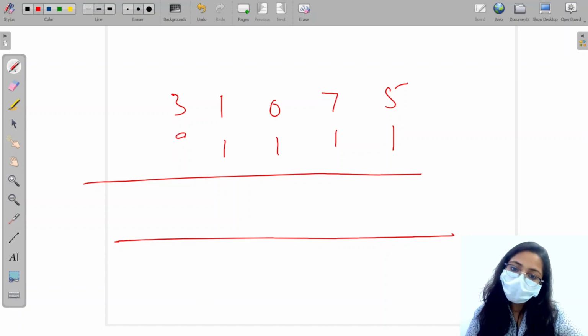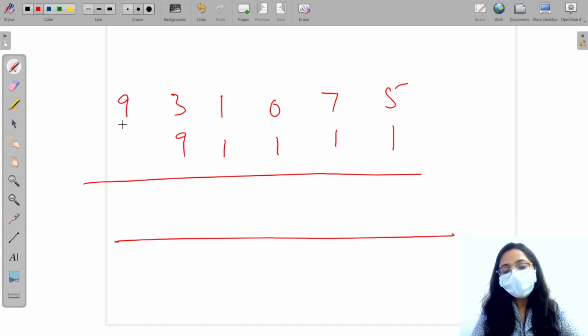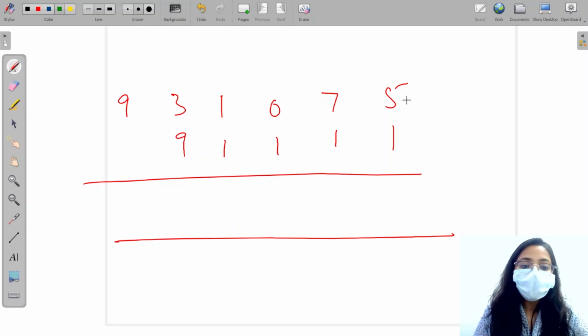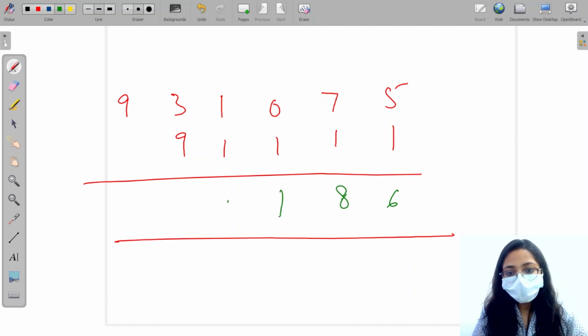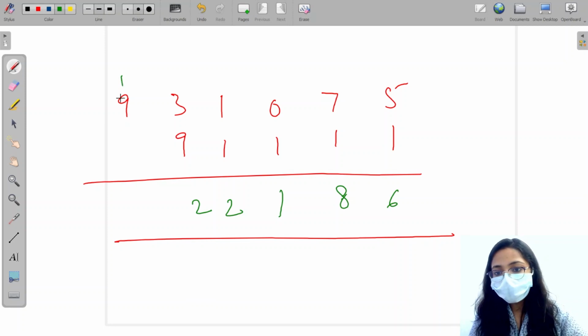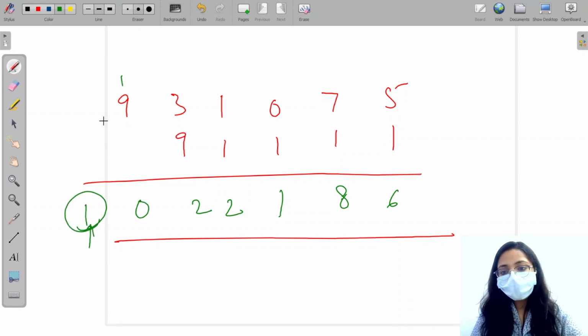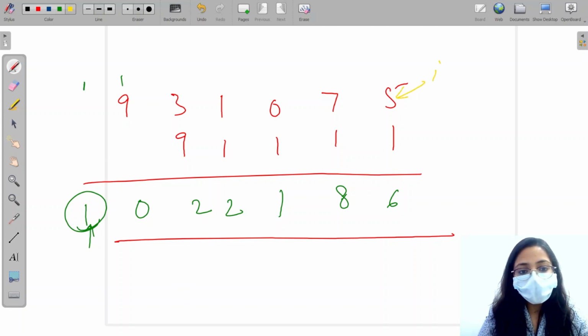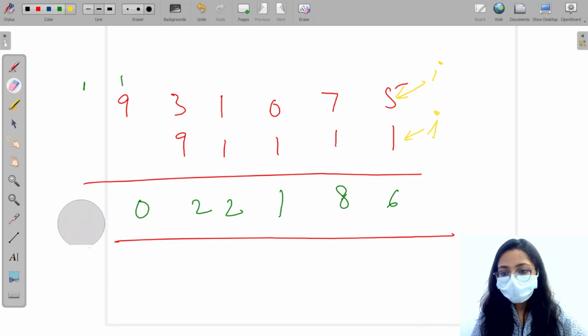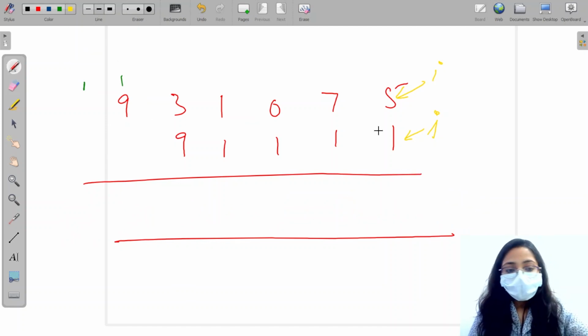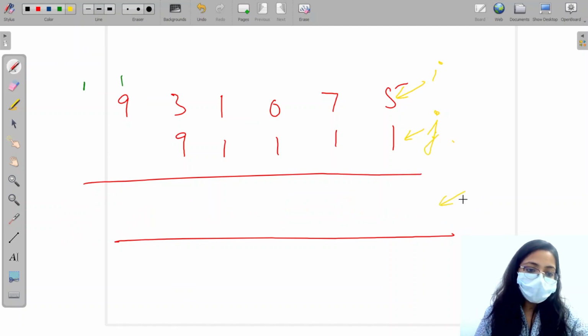See, I have, let's say, 9 and 9 over here also. Now when we add these, we have 5 plus 1 as 6, 7 plus 1 as 8, 1, 2, 3 plus 9 will be 12 and this will be 10. Now see, we will have a carry, right? This is just a carry which we need to generate. If I put i as a pointer over here, I am taking j as a pointer over here. Let's start from the beginning only, okay? And I am taking k here.